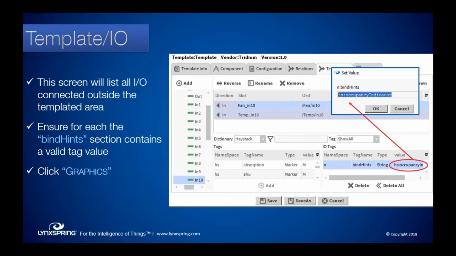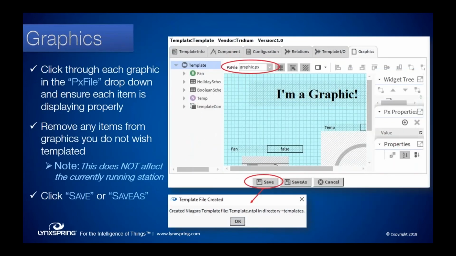Our final tab, if you're running anything from 4.0 to 4.2, is the graphics tab. This is going to grab all of the graphics files currently associated with your folder that you're templating. So in this case, I just created one generic graphic, but you'll notice where I have it circled there, that PX file. If you have a banner file, it'll bring over a copy of that.